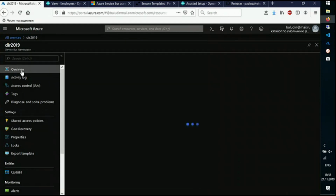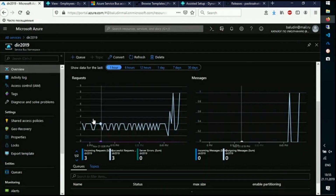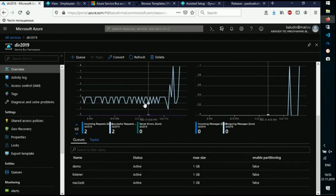One more note. You are able to monitor your messages in Azure Service Bus, but you are not able to read your messages from there. For example, if a message was not requested from the queue, it keeps being stored in the queue. You want to explore what happened. For this aim,